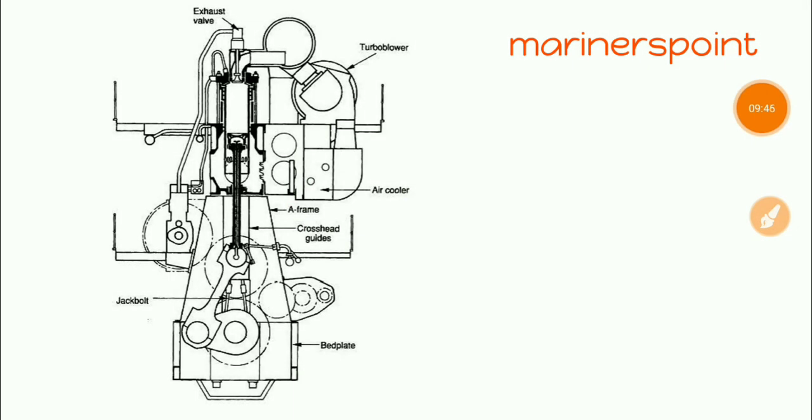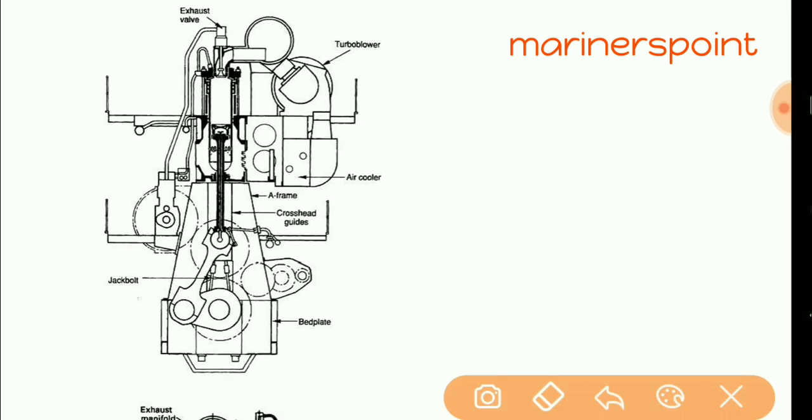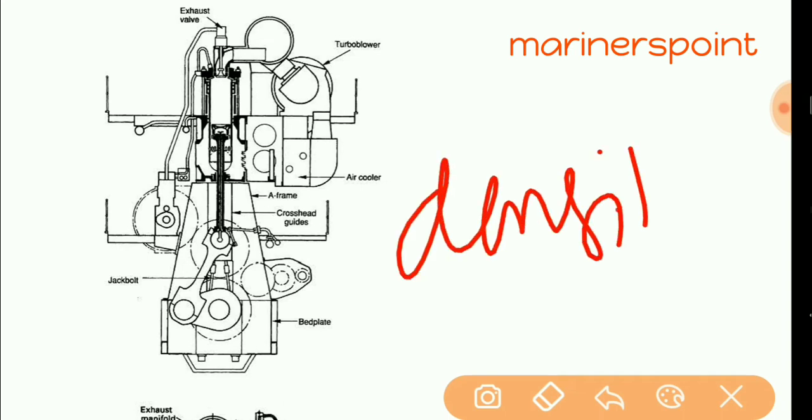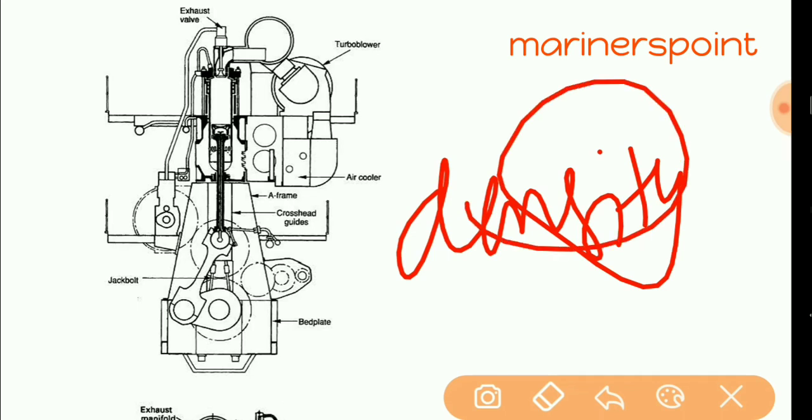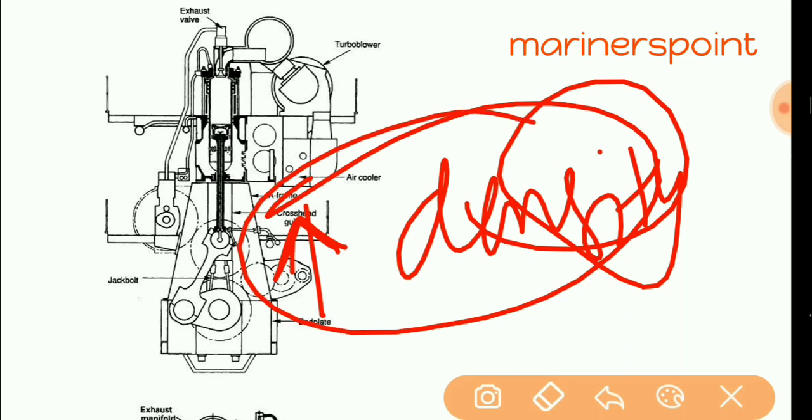We cool the air in an air cooler to increase the density of air, to increase the volumetric efficiency. So it means to increase power, that means finally we say efficiency. But when the question comes in an MCQ, then to increase the density of air, if you increase the density, then more mass of air will come into the combustion chamber. So we will say to increase the density of air. Okay,